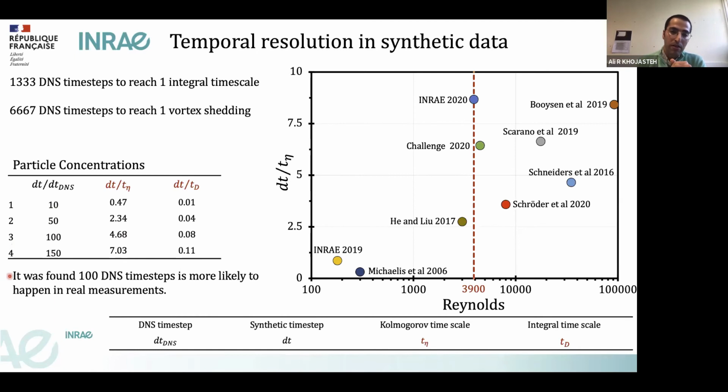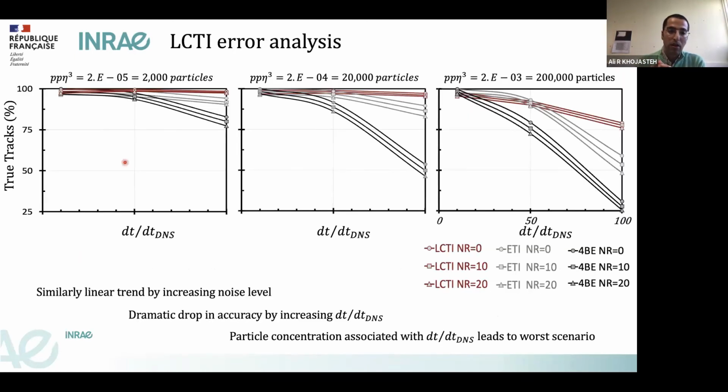In our case, because we did some experiments, which we haven't published yet, in this one and this one, for Reynolds 300 and Reynolds 3900, it is more likely to happen. We have another experiment where it is more likely to happen for every 100. Next, the comparison with other techniques: one comparison with enhanced track initialization and the classic 4-frame best estimate,